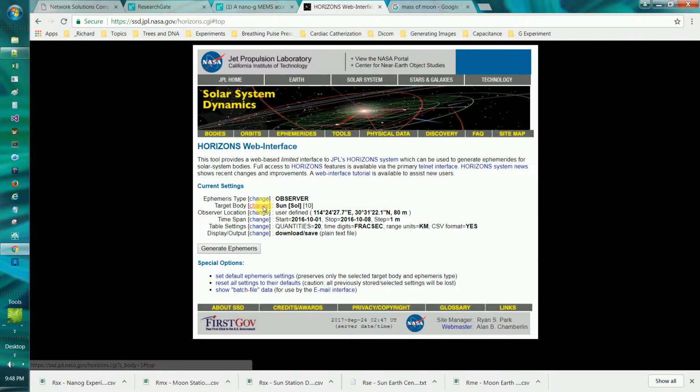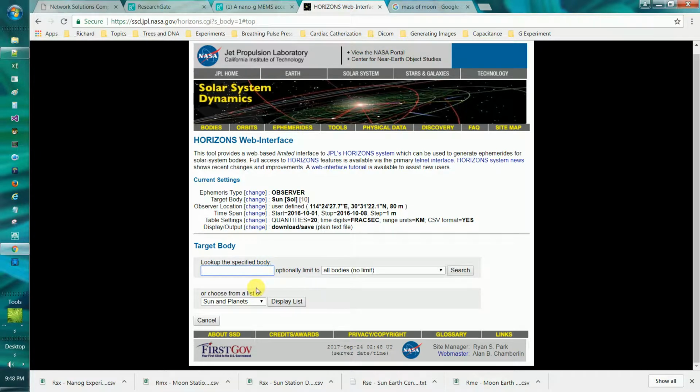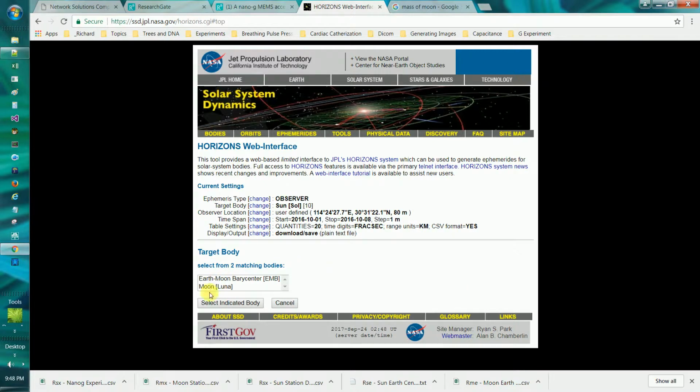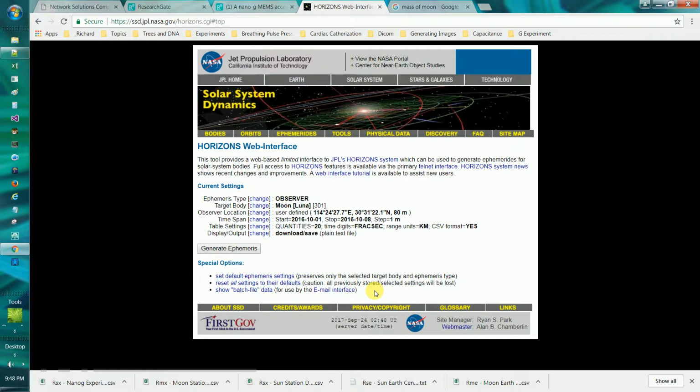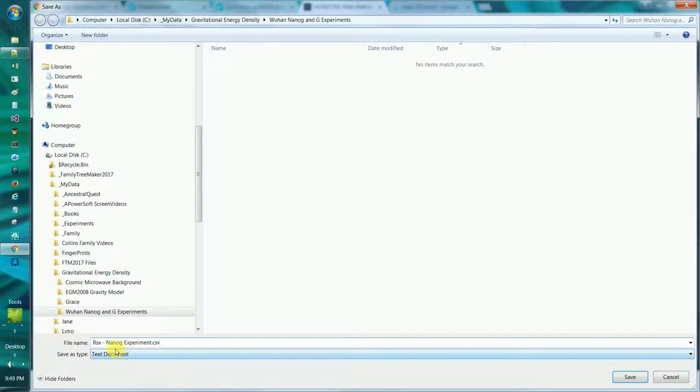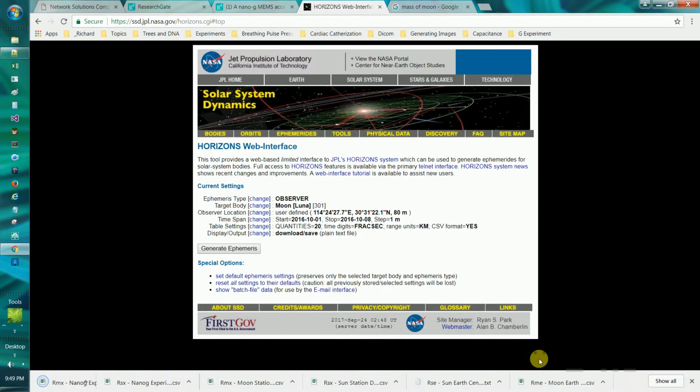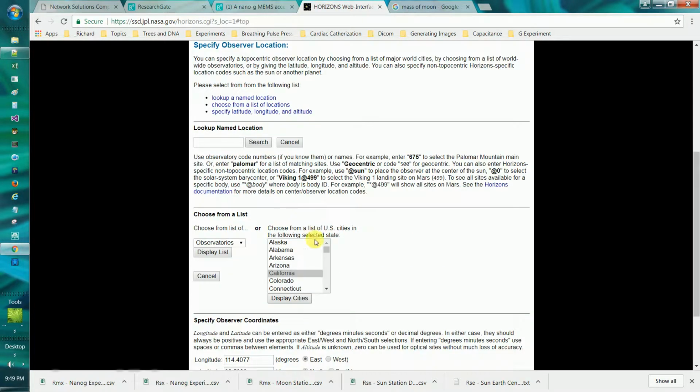Okay, so now that was the one I got there. We can change the location to the moon. Just say moon and search, and select Luna. Okay, and then generate that one, and then put this in. This is the R from the moon to the location. All right. Now we need to do this to the center of the Earth in each case. We're at the moon now, so let's just change this to the